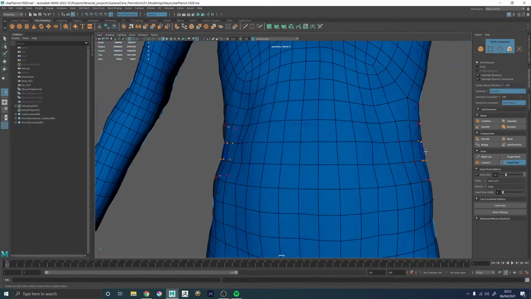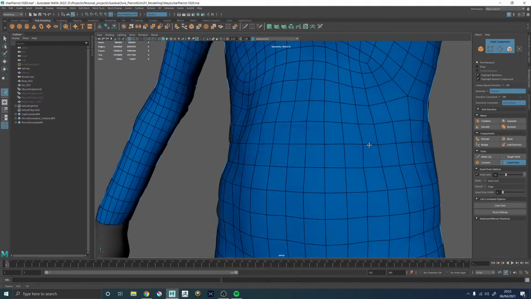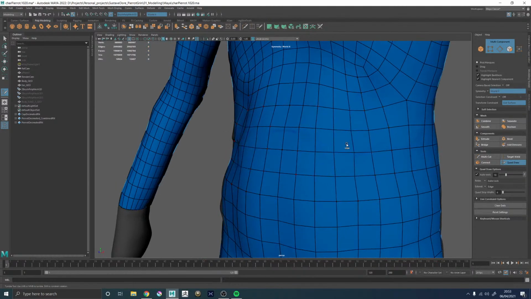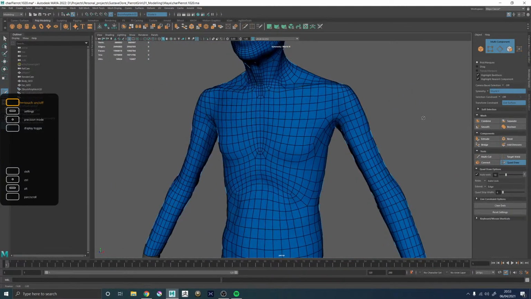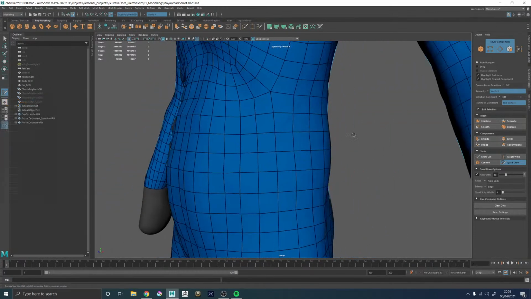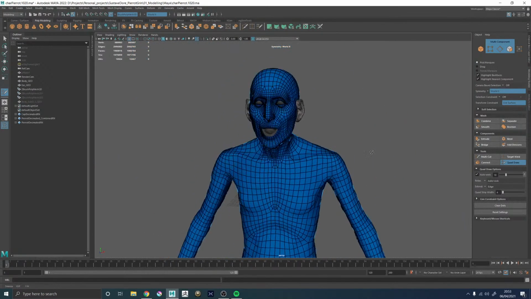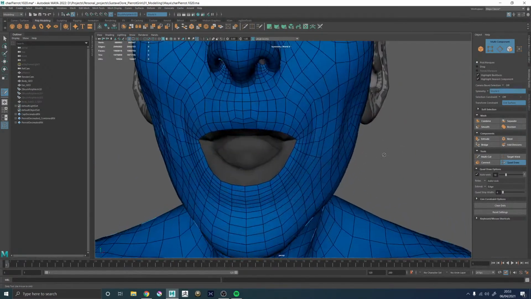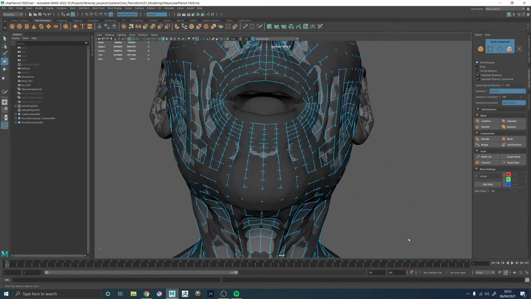Cool. Belly button. Do I want to enforce that now or after the subdivision? Again, doesn't make a difference to the final outcome of the project, but I kind of want to do it. Although we'd have to do that pretty soon because it's got all this stuff too. We'll see. Right. Next bit would be